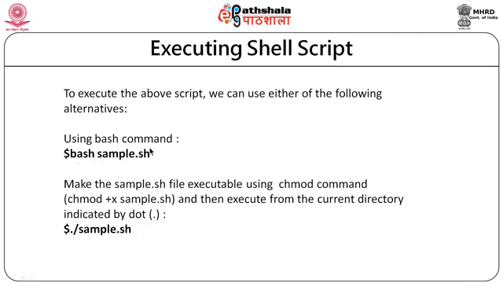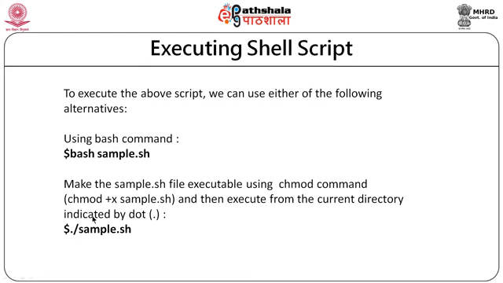This is how we can execute the sample.sh script. Another way of executing is made up of two steps. First, the sample.sh file has to be made executable using the chmod command. We have already discussed the chmod command in module number 8. You can see how to assign execute permission to files. Once we have assigned the executable permission, the second step is to run the file. So, this is how we can execute a shell program if it has execute permissions.